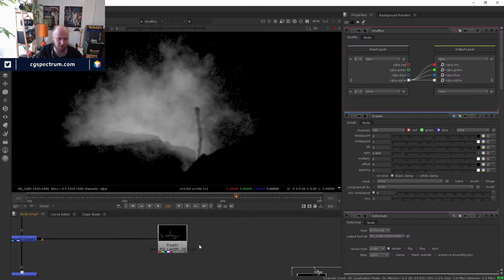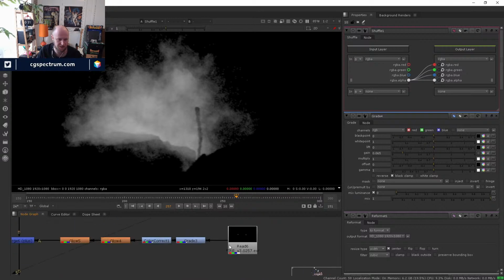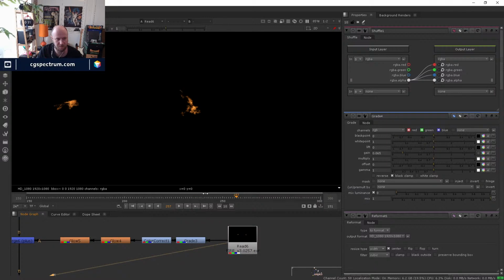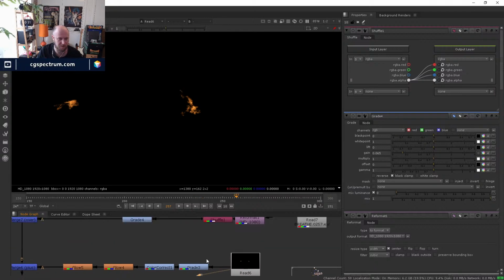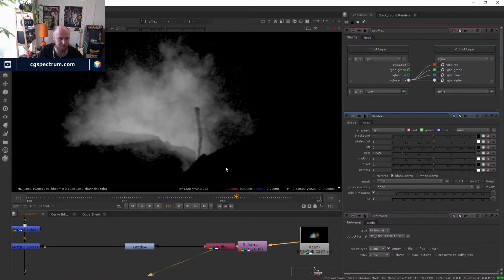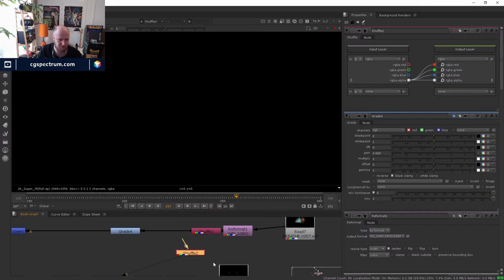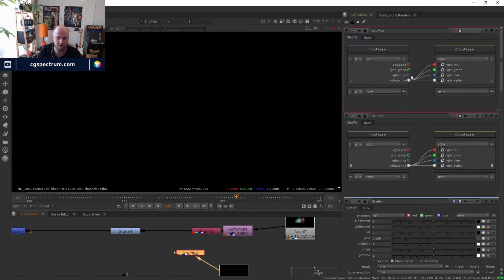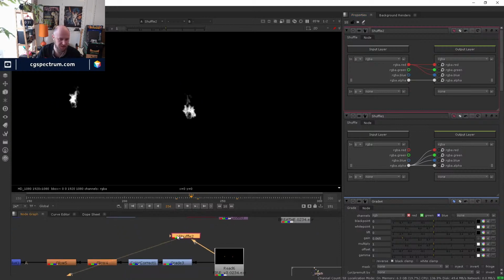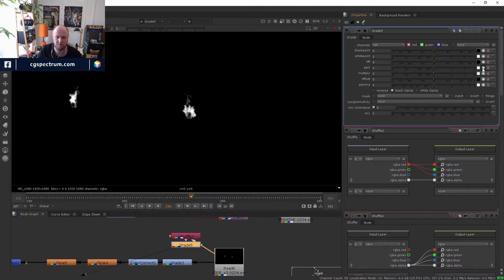This is something that I do with fire sometimes when I'm not happy with the fire shader that I put on there and I can't balance it correctly in the comp. I will shuffle the alpha, or shuffle just the red. In the case of fire, it's probably just shuffling the red channel. So let's have a look at that one, because we don't have an alpha. We have a red channel only. Or sorry, we have red, green and blue, but I can shuffle the red channel into all channels, and then I get white. So I get white fire that I could then potentially recolor with grade,